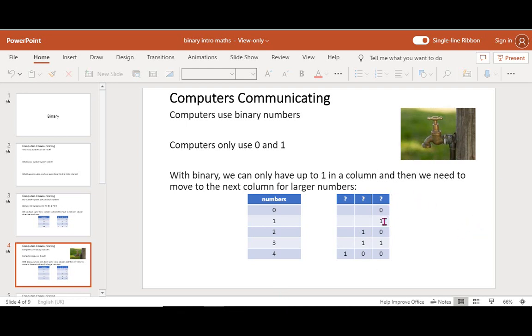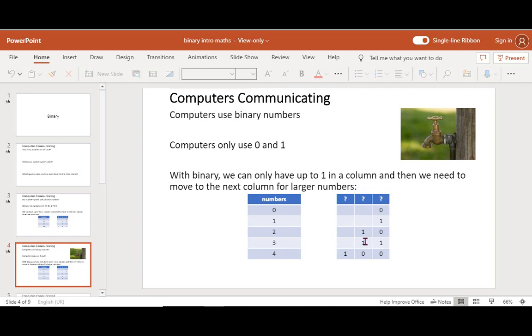So in here I've got the number 1, and it goes in the first column, so I can represent 1 here. But if I'm going to have a bigger number than 1, to represent 2, well, once this column is full, it can only have 0 or 1 in it. So to represent the number 2, I need to go to the next column. So I now have a 1 in this column, and I have a 0 in this column. So if this is the ones column, and this is now representing the number 2, I have one of these, have a guess, this is the number 2 column. Again, I can now represent with a 1 and a 1,